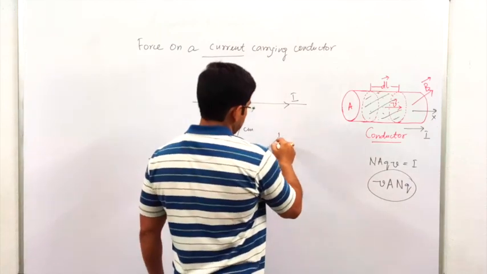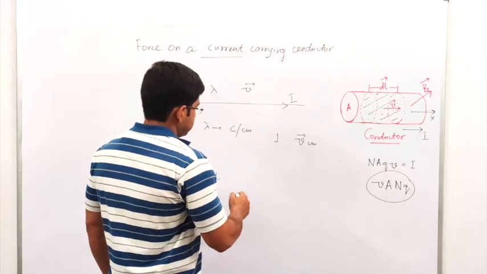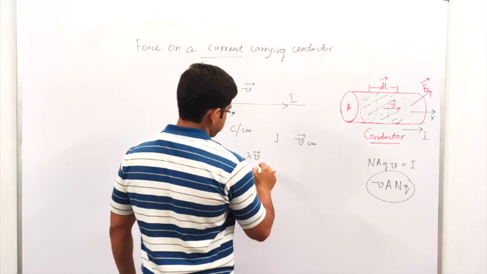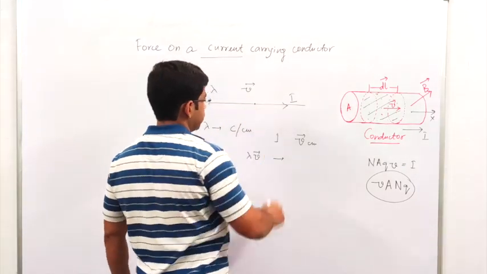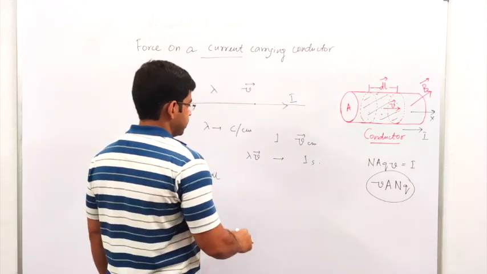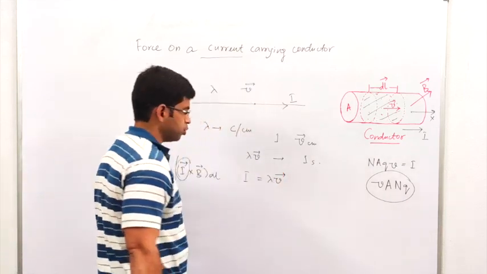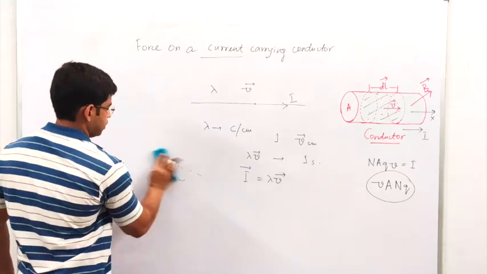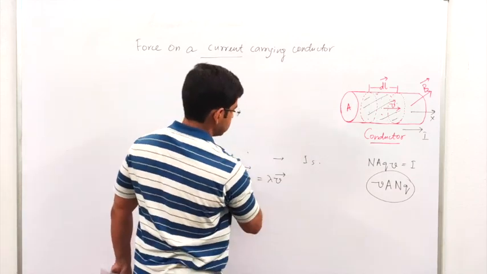So in 1 second the charge moves a distance v centimeter. So that distance multiplied by lambda will give the amount of charge traversing a certain point on the wire in 1 second. So that is basically the current. So current will be lambda v. So on the right hand side we have a vector quantity v. So current is also a vector quantity. Now this was the one dimensional case.